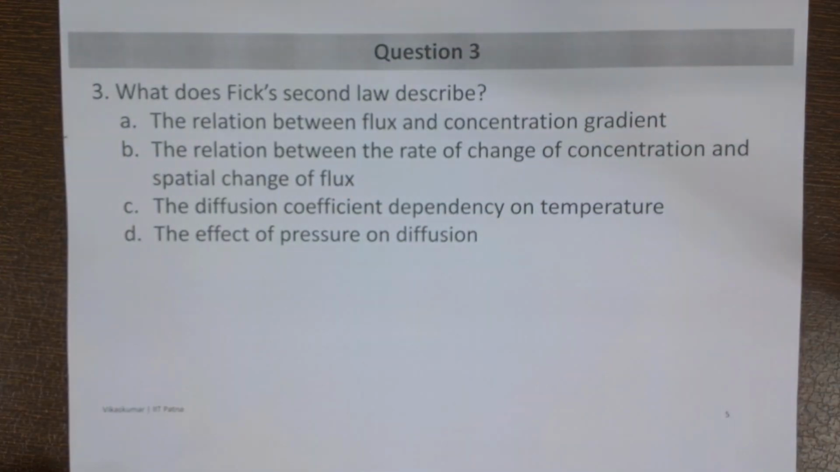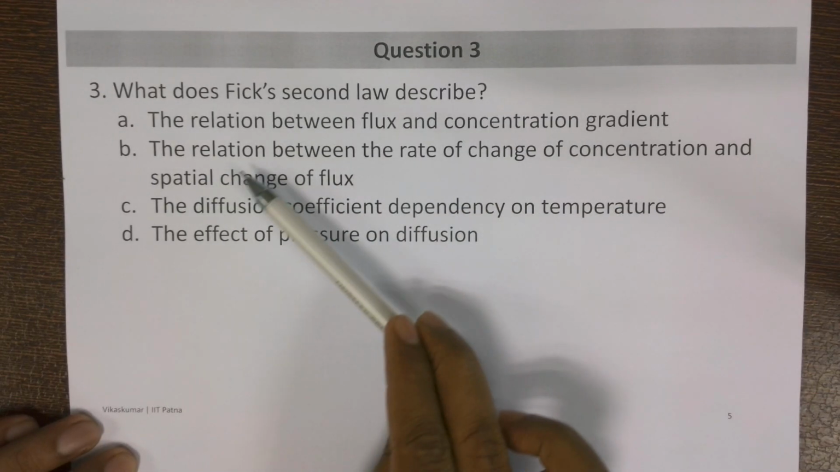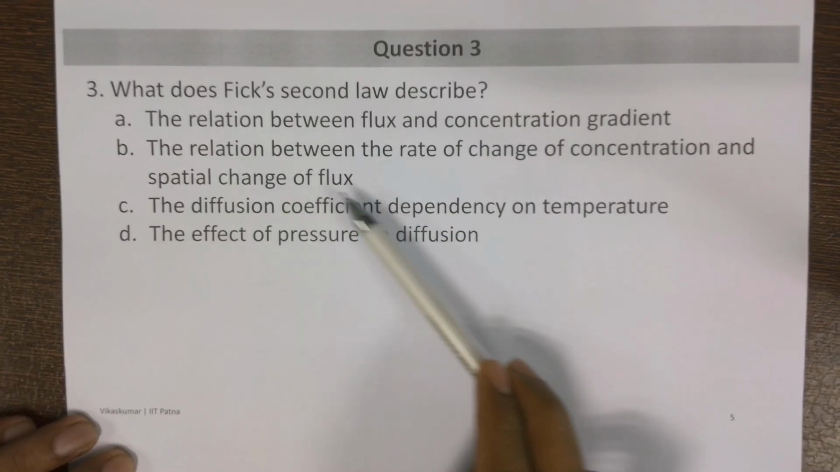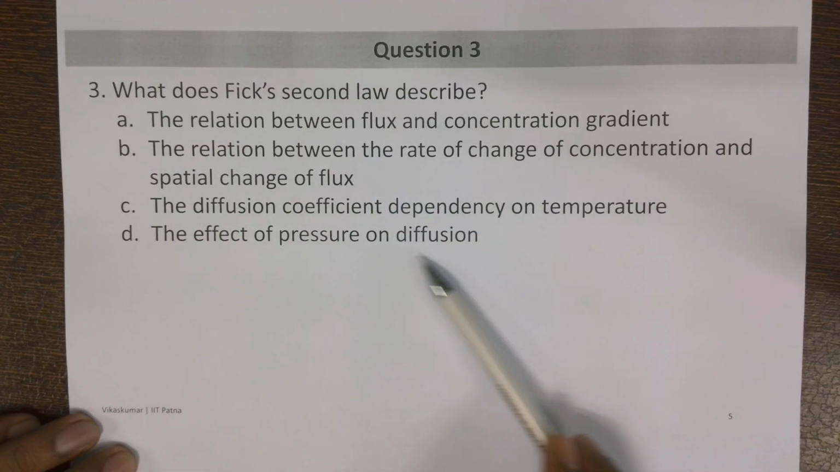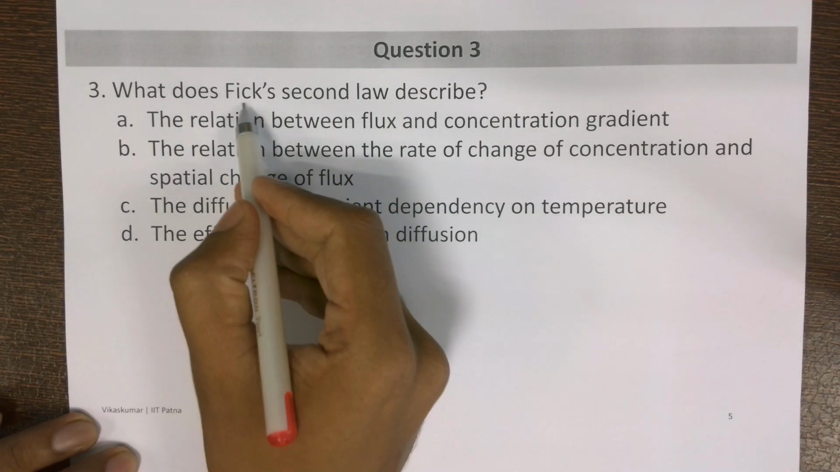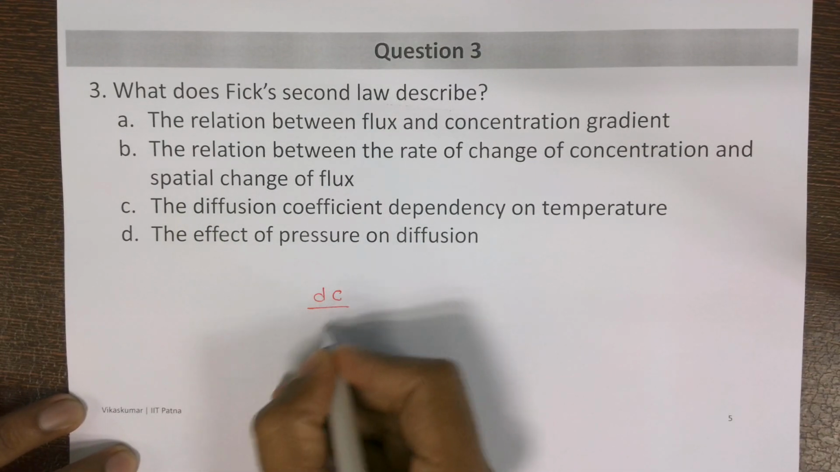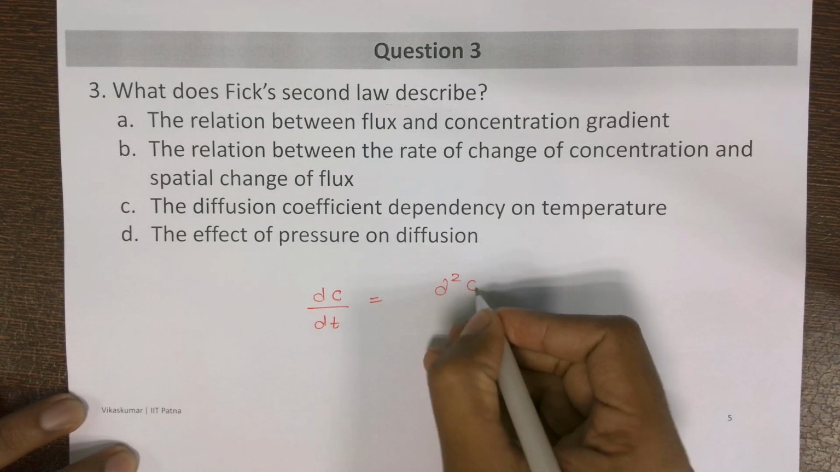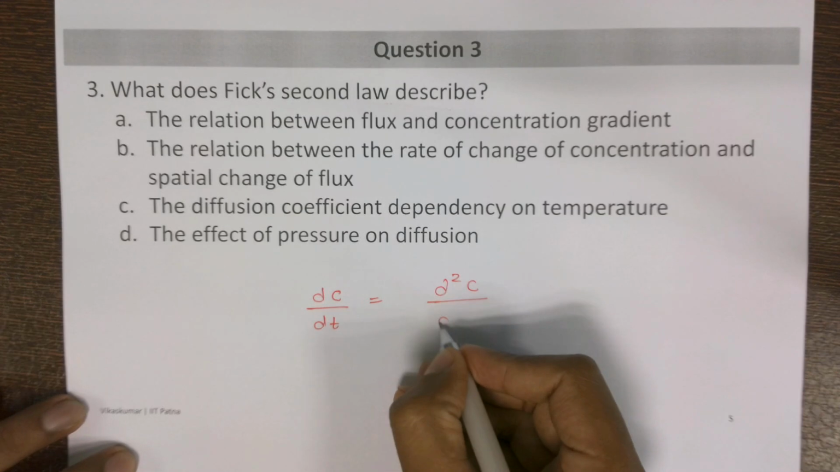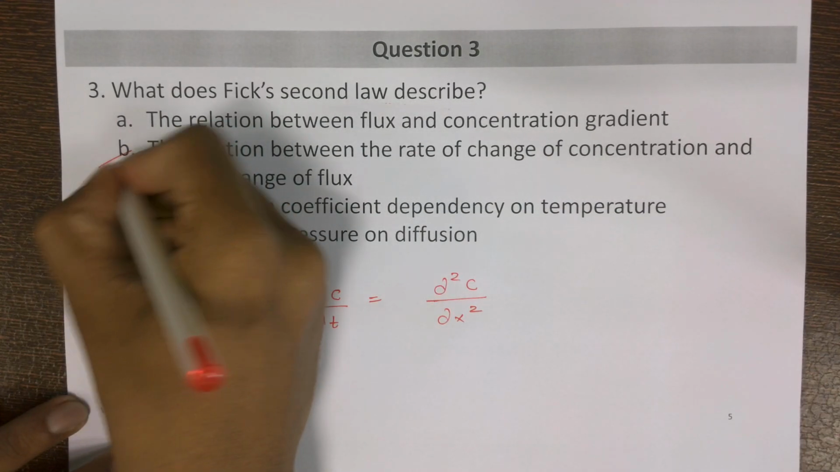The question says, what does Fick's second law describe? The relation between the flux and the concentration gradient, the relation between the rate of change of concentration and the spatial change of flux, the diffusion coefficient dependency on the temperature, the effect of the pressure on the diffusion. So which can be the right answer from all this? We are talking about Fick's second law. What we have just now studied is that Fick's second law is the rate of change of the concentration with time, which is equal to the second order rate of change of concentration with respect to space. Yeah, that's good. The right answer is option B,